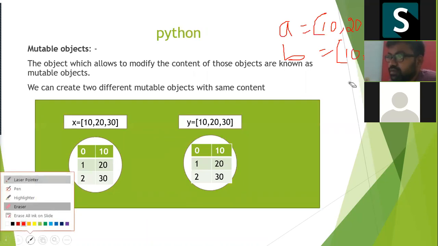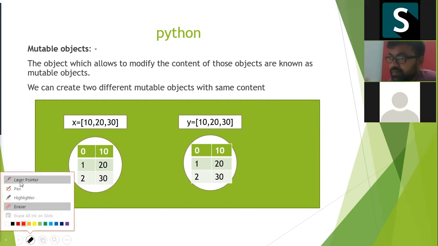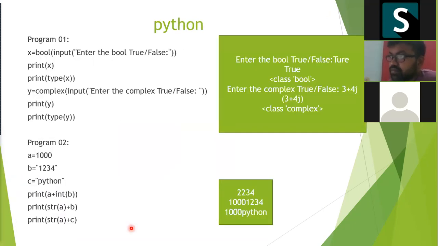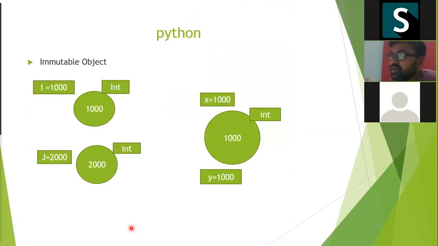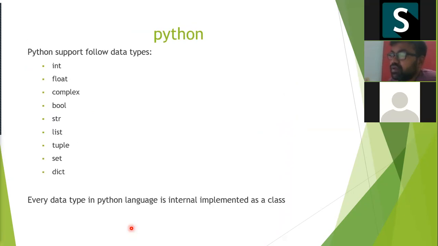Based on the data type, int is an immutable object, and list is a mutable object. These are my data types, around 9 data types which are important, which we discuss. We have a few more data types, but we will discuss these 9 topics first. I'll say this one, this one, this one are immutable objects.